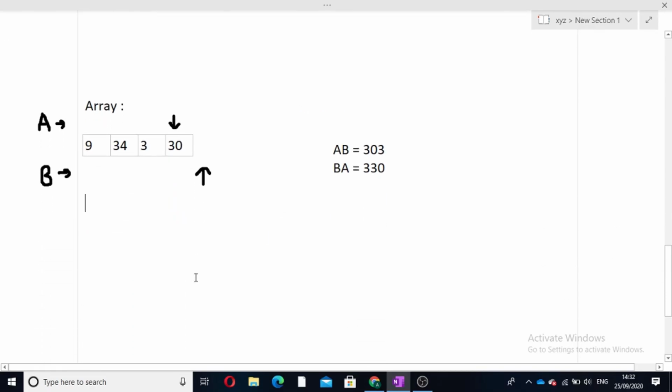So this method was very simple. What we had done, we are basically sorting the array with string comparison. So the complexity of this approach will be order of n log n for sorting the array with string comparison. That is, we are appending B after A and appending B before A, and then comparing these two strings, that is AB and BA.